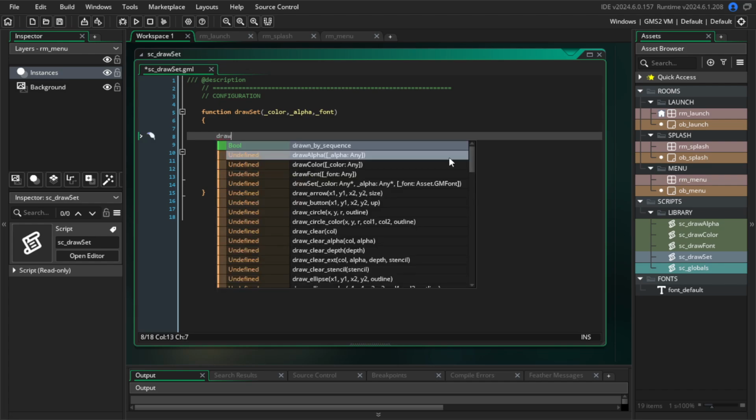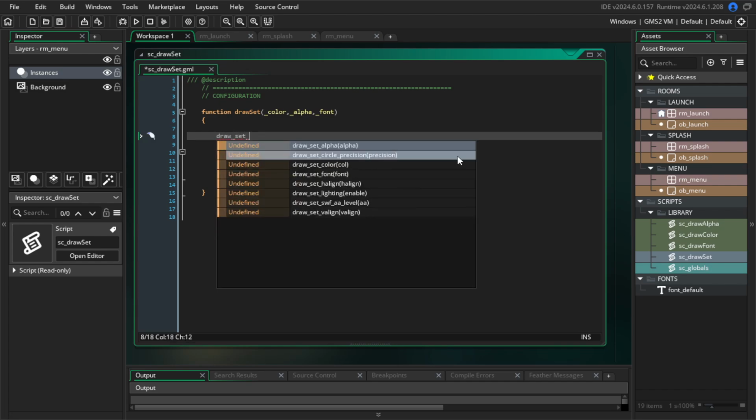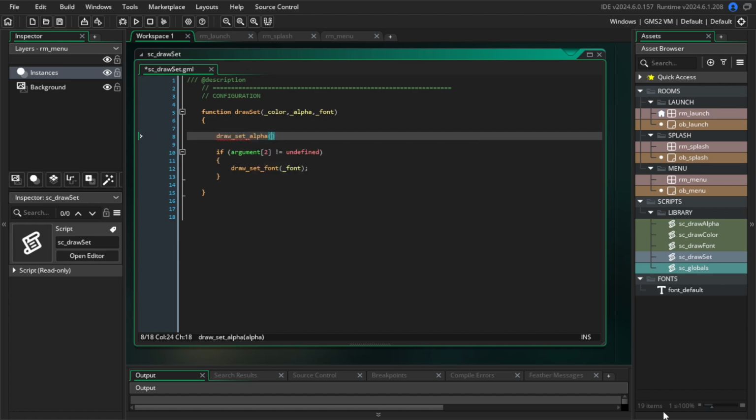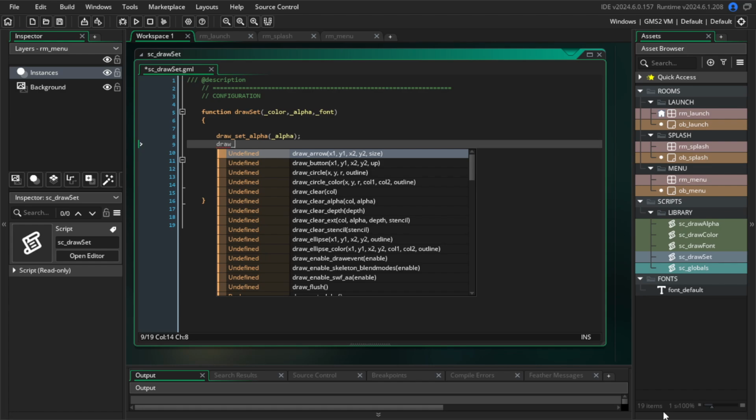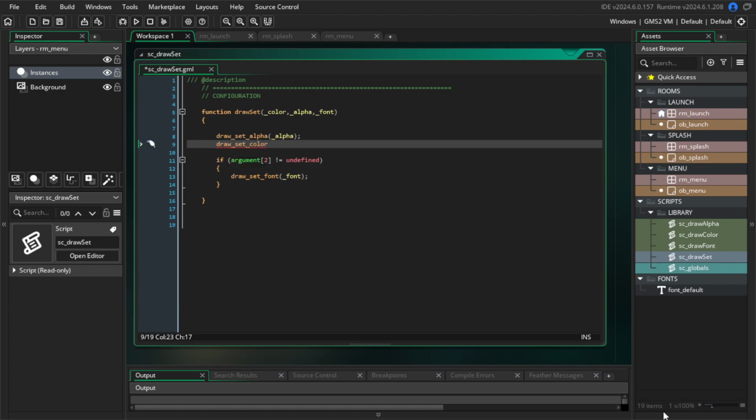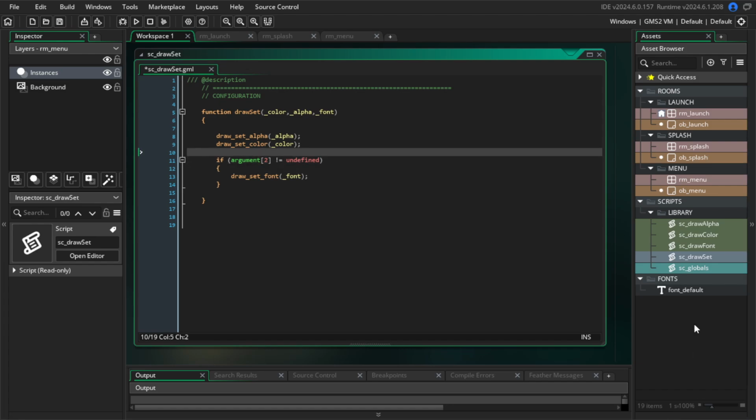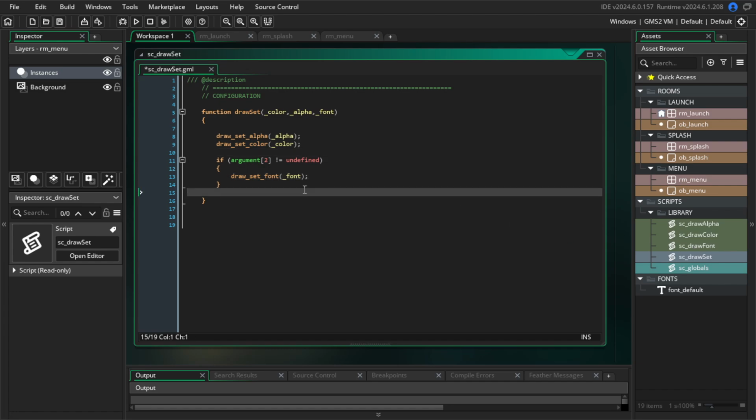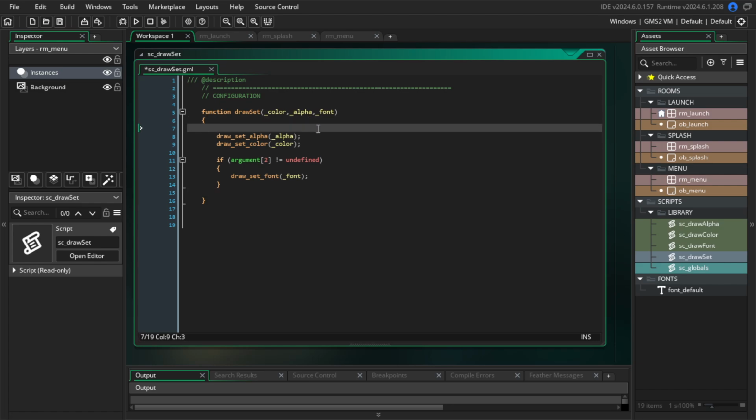And then we do a draw set alpha. And we'll do alpha. And a draw set color. Because most of the time I'm just going to be resetting the color and the alpha. But sometimes I have to reset the font as well. And yeah, I have single commands over here that I can do that with, but this will shortcut things. You don't have to do this stuff. Then